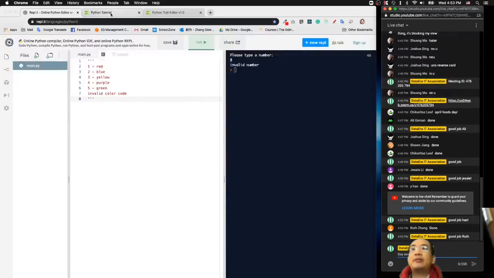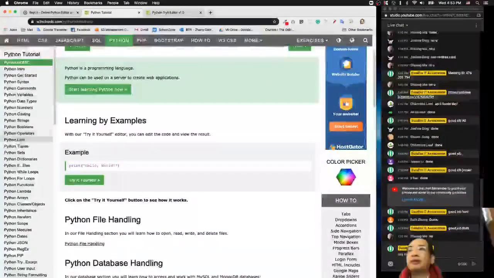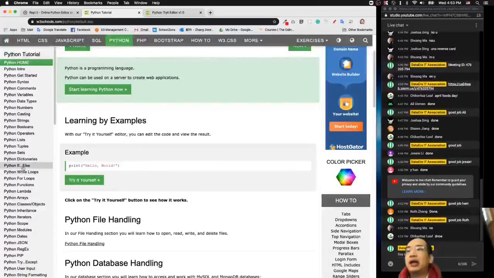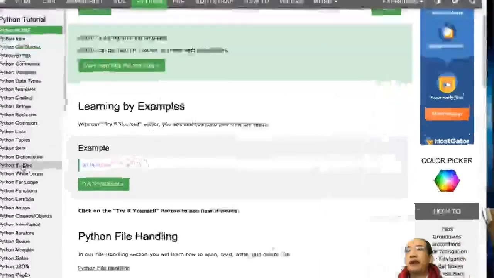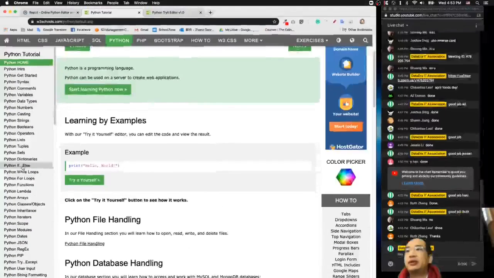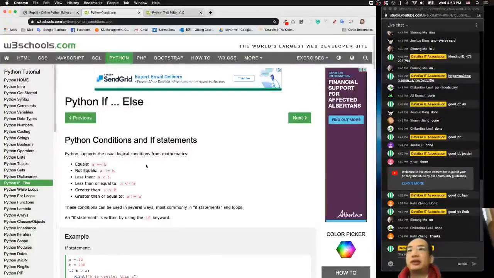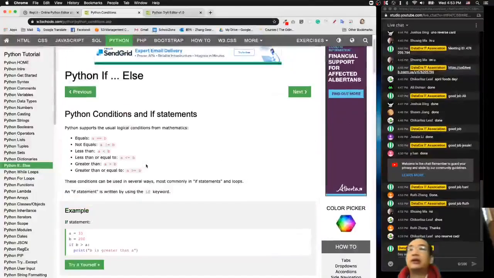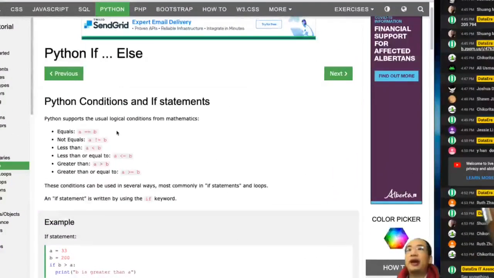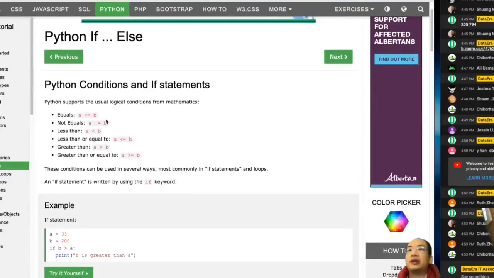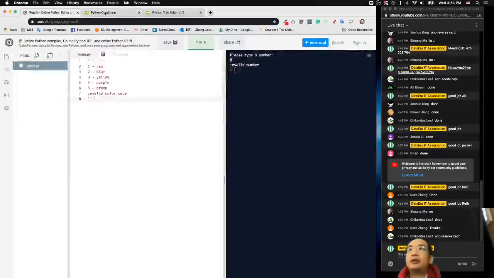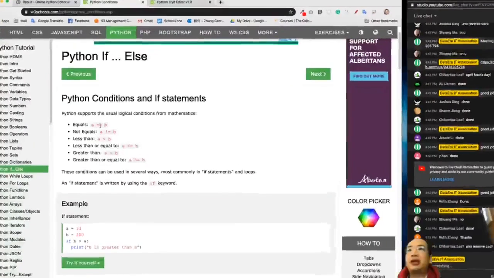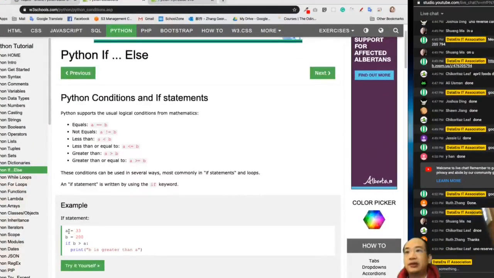Okay, I'm going to go back to the W3 Schools. So I'm going to click here. It's called Python if else. So we already learned this Python if else. So let's go through this. So in the Python if else, we should have conditions, which we already used. And because in Python, we usually use a single equal. So like a single equal